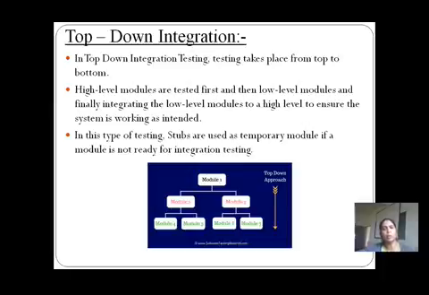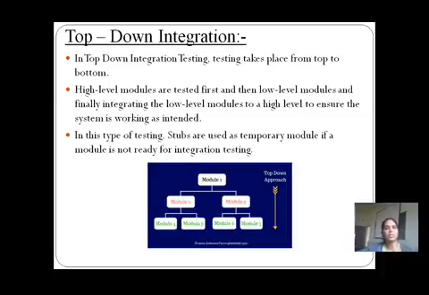When they are integrated, it ensures that the system is working as intended, which means working as per the requirement specification stated in the SRS, that is, the software requirement specification.